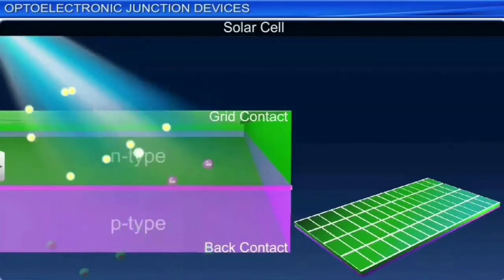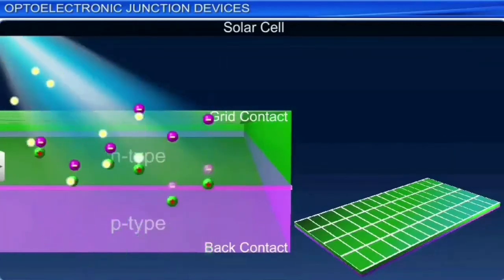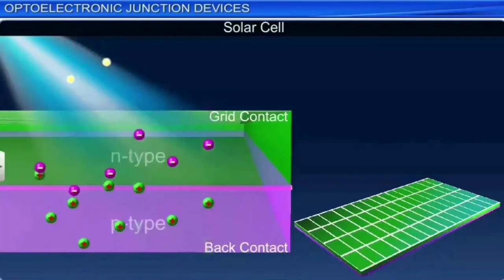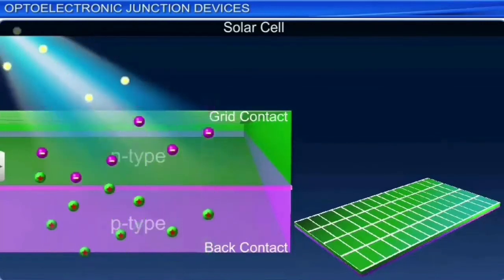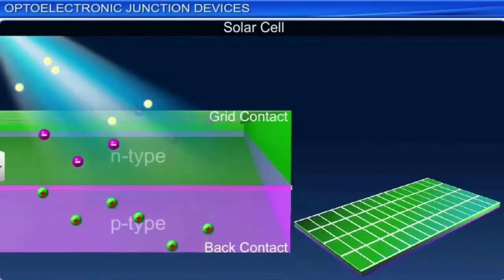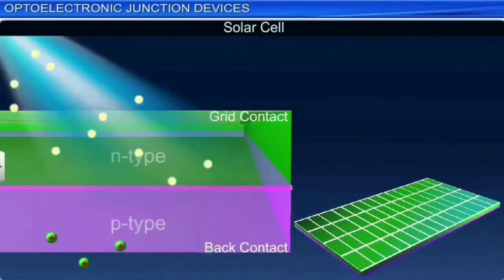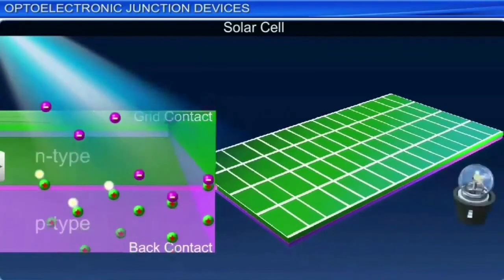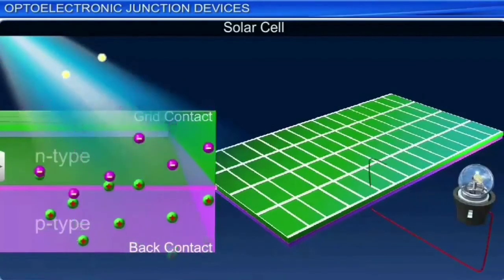The same three-step process is taking place in the working of a solar cell. That means when the light falls at the junction, free electron-hole pairs are generated, and due to the electric field at the junction, they are separated and collected by the collecting leads at the two ends. The same process as in the case of a photodiode is taking place in the solar cell also.